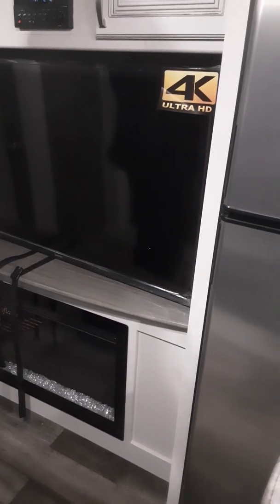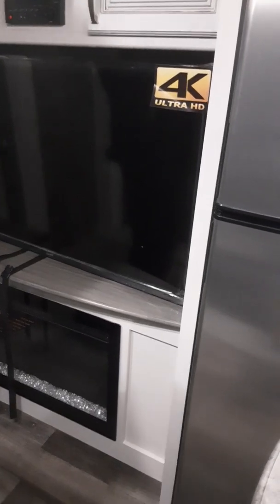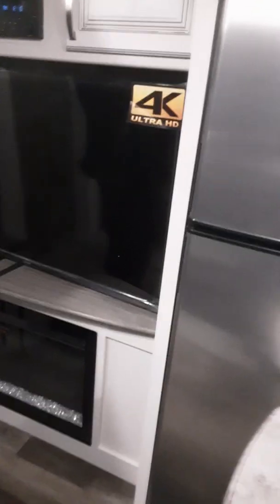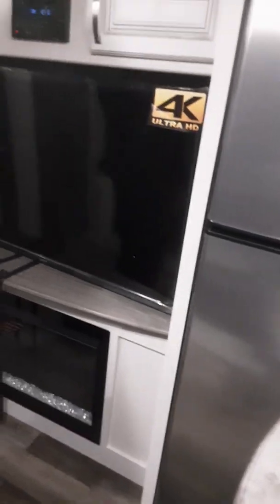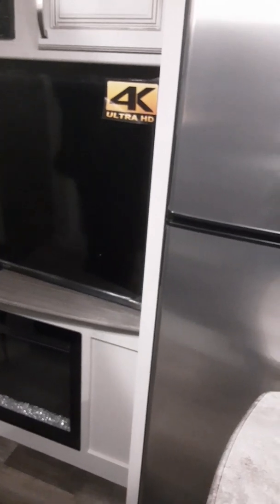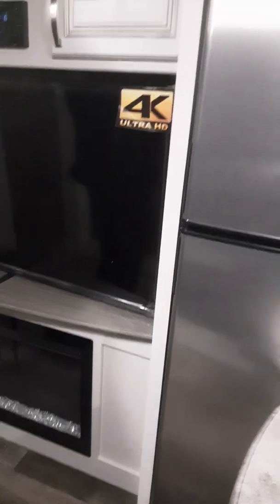Now, let's say you're going camping. If you added, let's say, 3 or 4 batteries in parallel, meaning positive to positive, negative to negative, every battery has an amp hour rating. So if you have a 100 amp hour battery, it means it will run 1 amp for an hour. So if your inverter and your TV